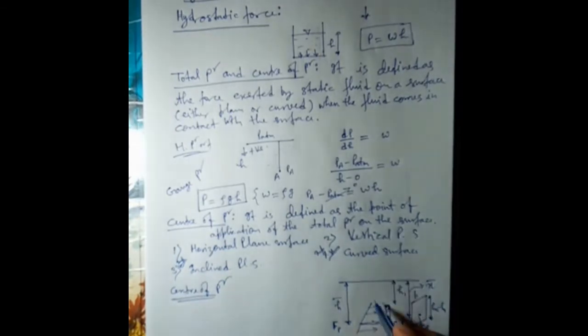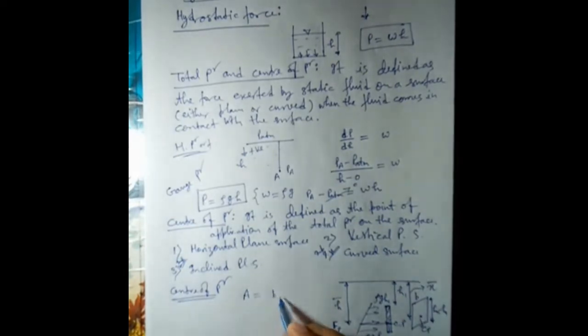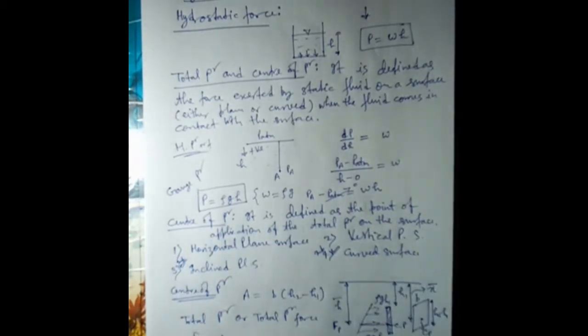Here rho g h1 is the hydrostatic pressure, and here rho g h2 is the hydrostatic pressure. Area of the plate is b into h2 minus h1, width into height. Therefore total pressure force Fp is equal to